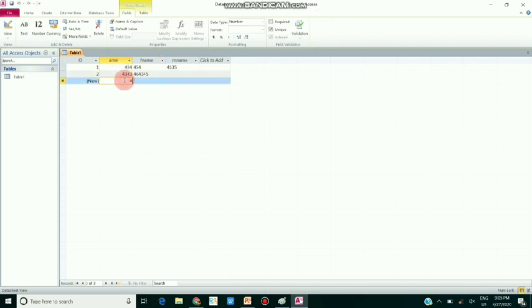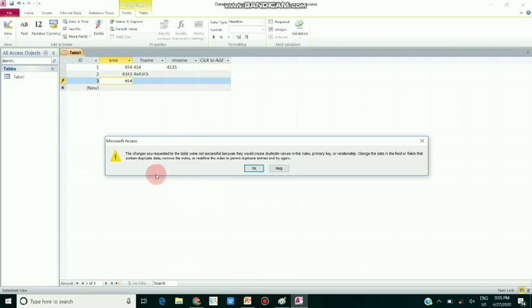Whenever I try to add the same data, it should not work. The changes you requested were not successful because they would create duplicate values in the index, primary key or relationship. Change the data in the field so that it does not contain duplicate data. In this way you will now understand what a primary key is.